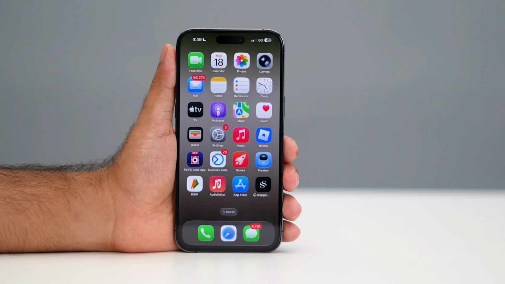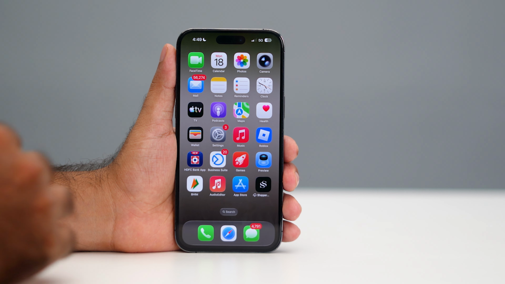In this video, I'm going to talk about how to make a text message not show up on the lock screen on your iPhone and how we can do this. So let's get started. So first of all, what you need to do is we have to go over here